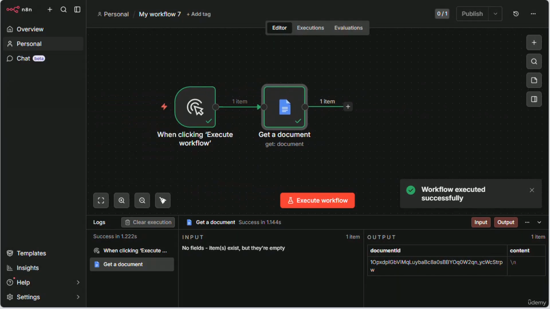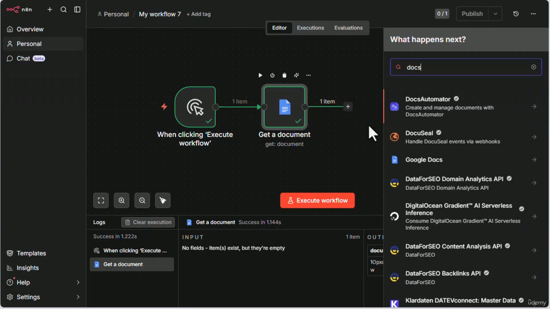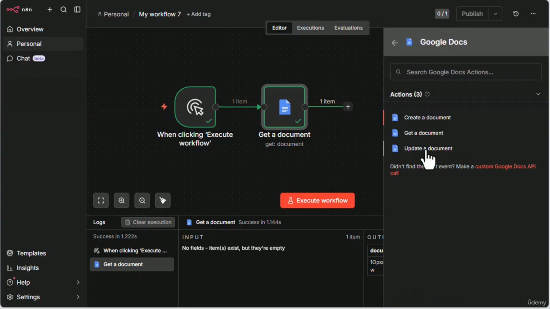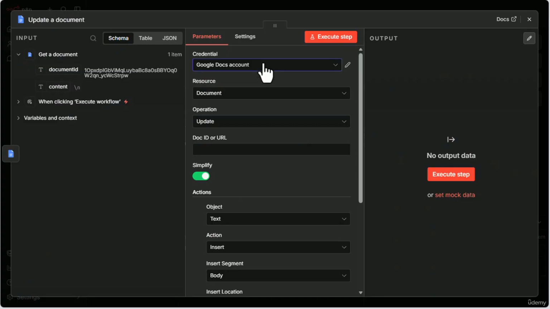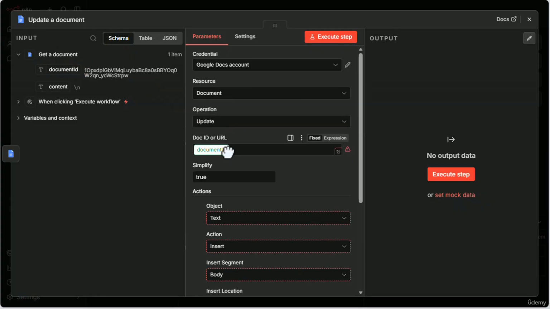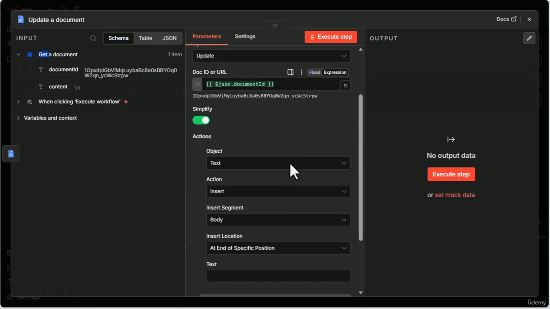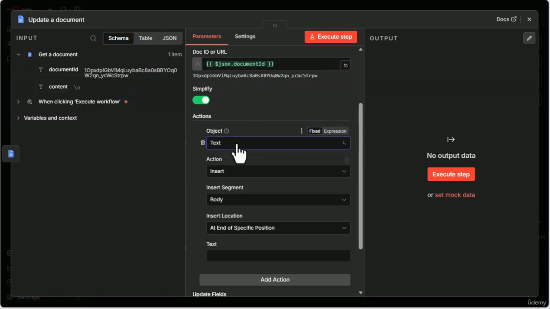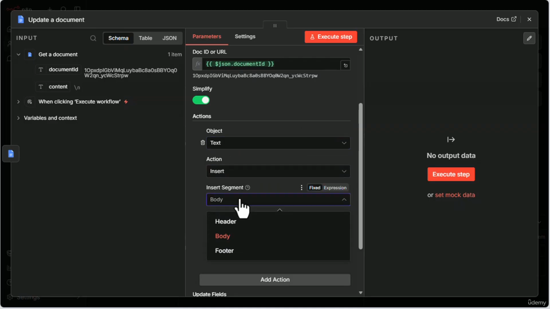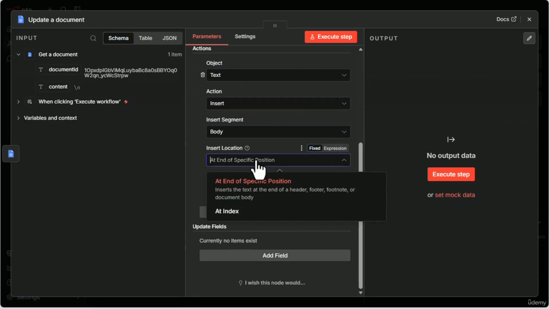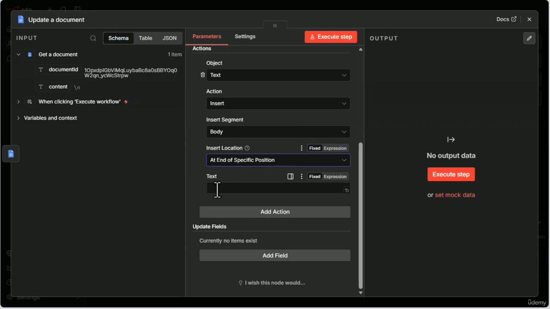Now I want to update that document. So let's add in another Docs. Click Update Document. So document credentials, document update, and we can drag in the document ID from over here, from the Get a Document node, and then come down and it says, what do you want to insert? I want to insert text. We're inserting into the body of the document, and we're inserting it at the end of the specific position. Let's just type in something here, hello world,